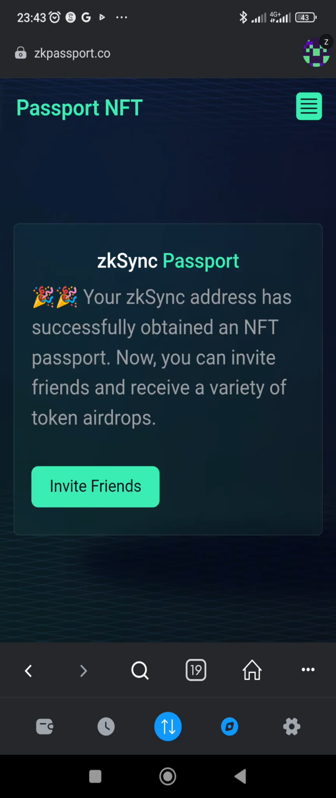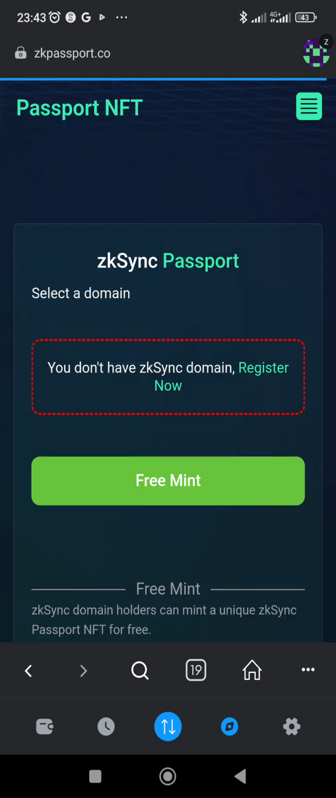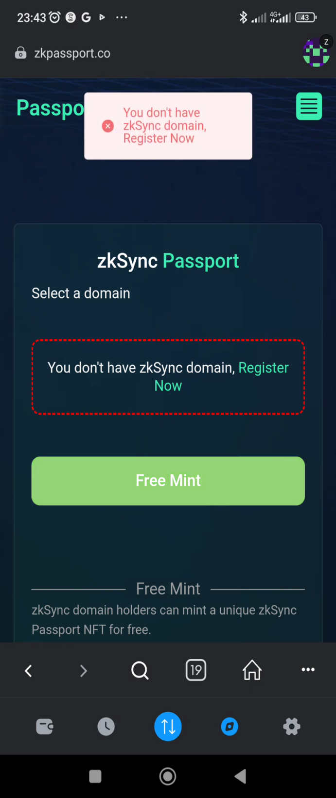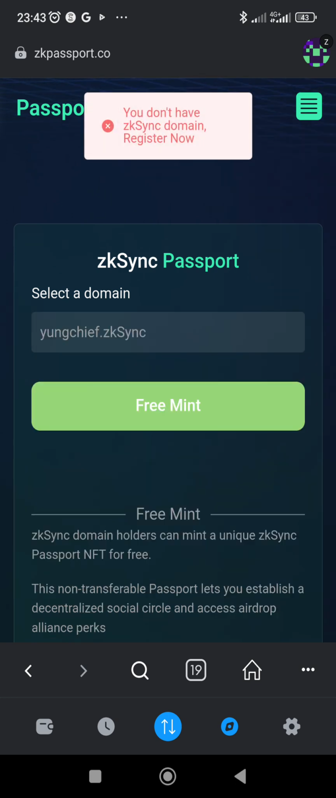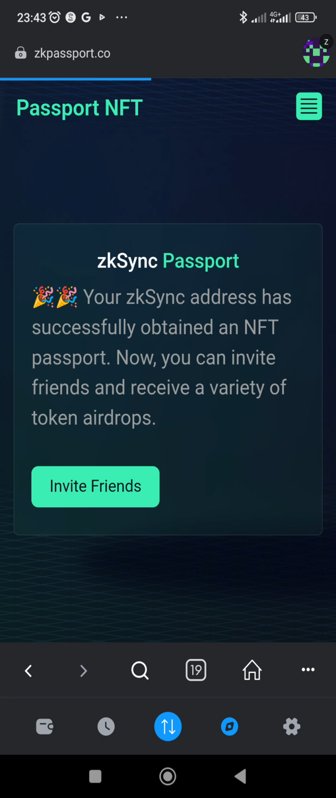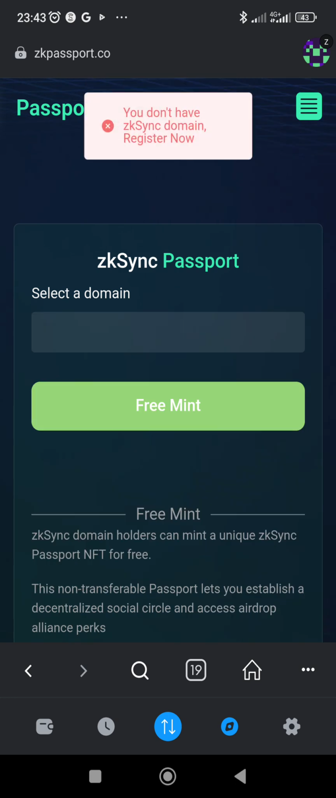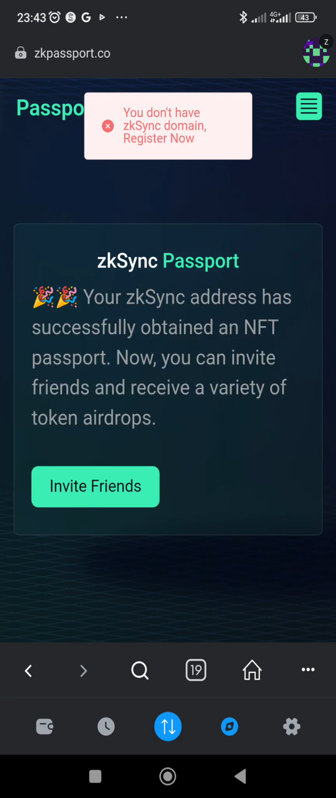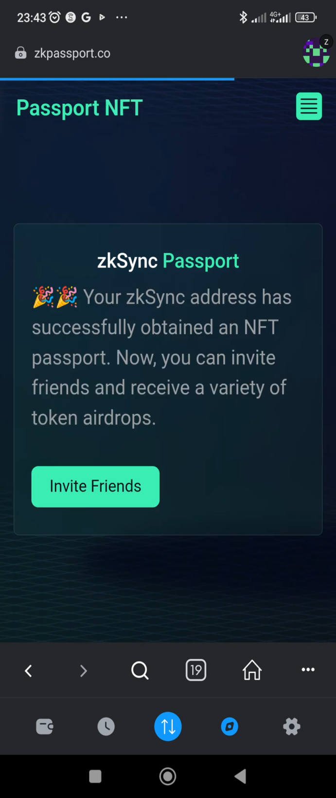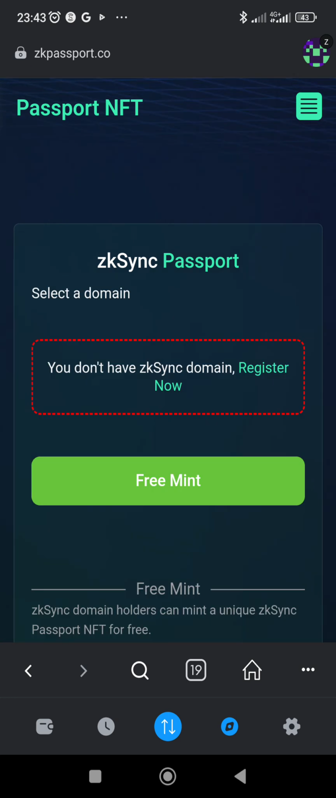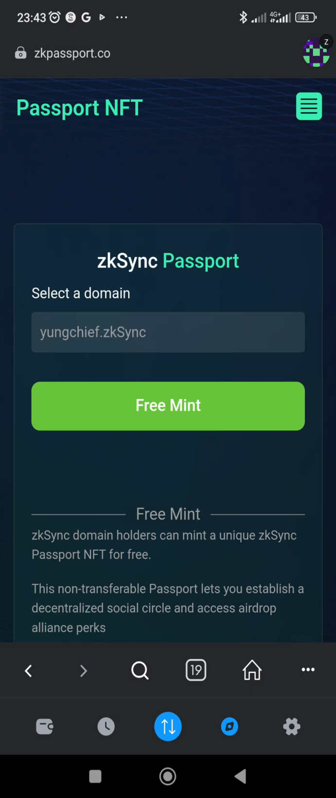Okay, you can see it took time. Free mint again. I say I do have Zksync. Okay, I didn't get that. That was very fast. Let me see. Your Zksync has successfully obtained an NFT passport. Now you can invite friends. Okay, you can see this particular one is quite very fast, unlike the